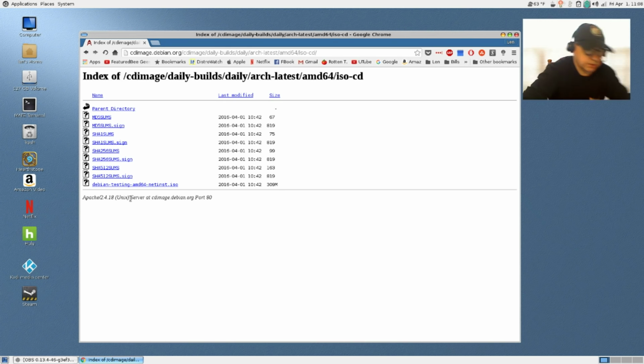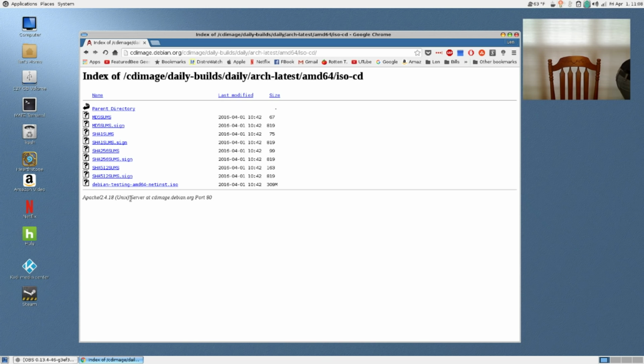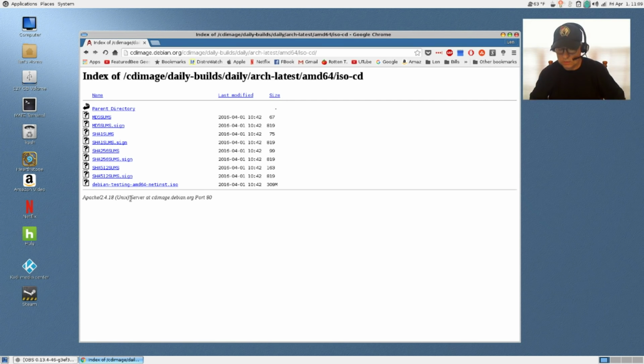Okay, let me plug this back in. And once you plug it in, at least in my experience, they connect up to your Wi-Fi pretty easily.